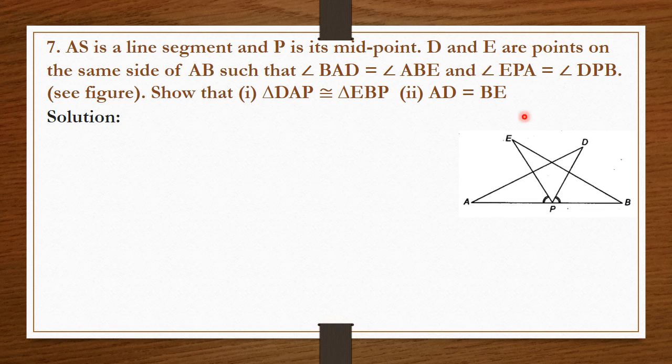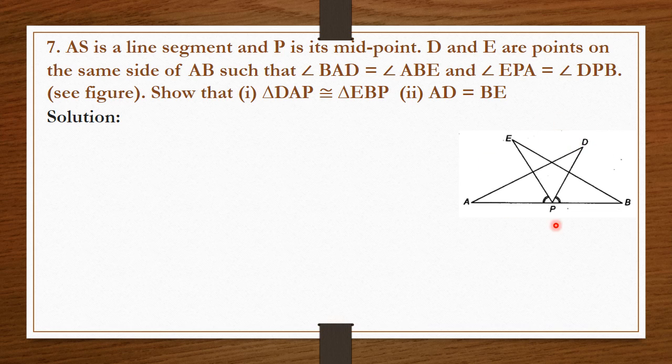Okay, so here is the diagram. AB is a line segment and P is its midpoint. D and E are points on the same side of AB,